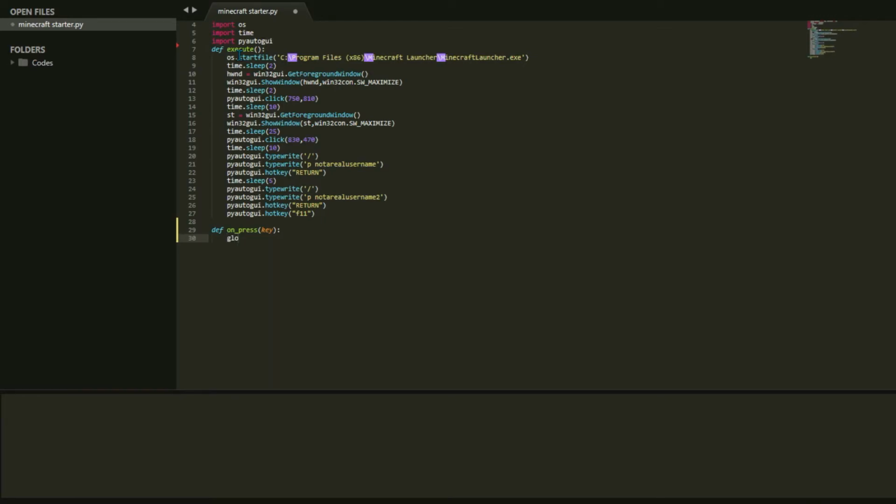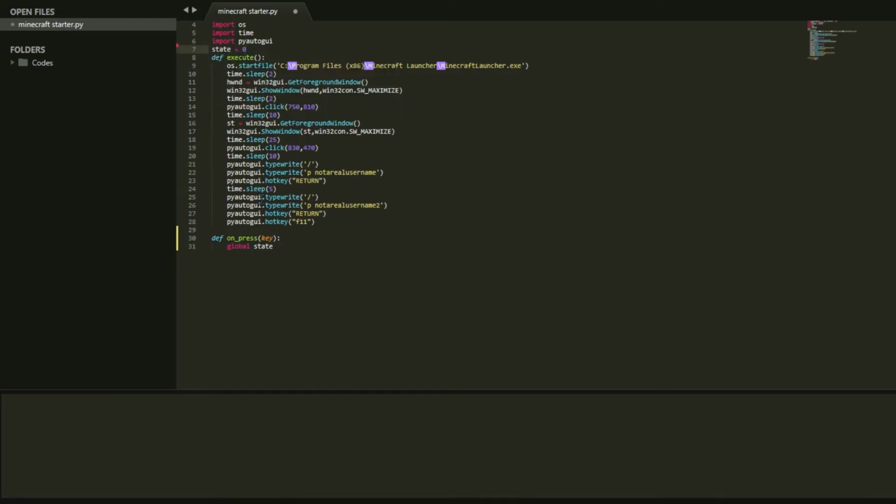Let's define a global variable state. Write state equals 0. This if command is used to turn the state value to 1 when Alt is pressed. In another if statement, if key equals capital A or small a and Alt is pressed, it will make b value 1 and state will become 0. Change the second capital A to small a. I changed it later.